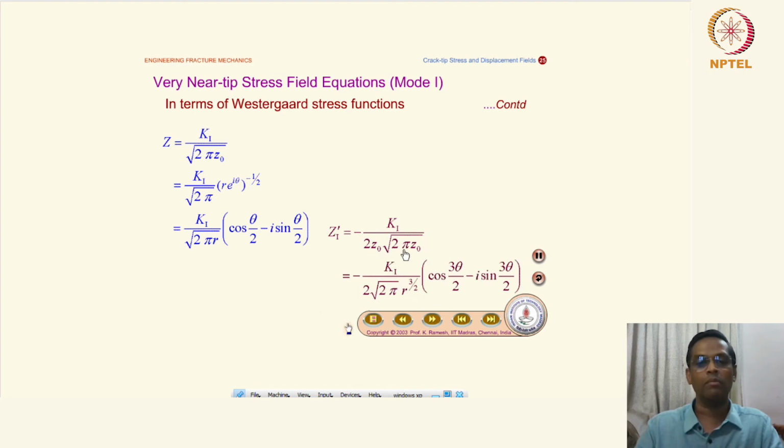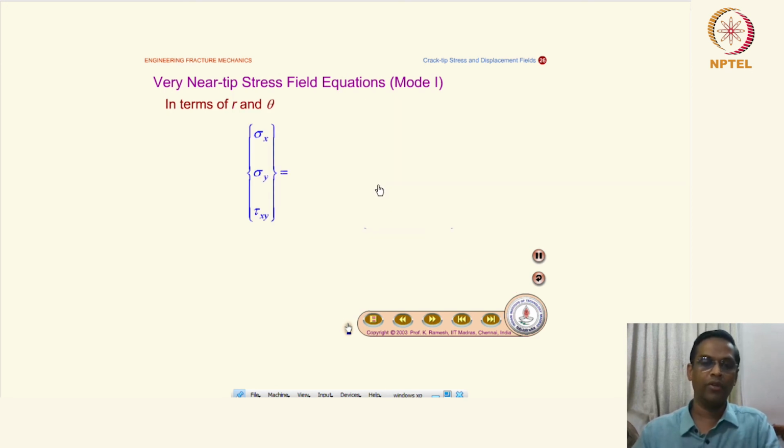So this is nothing but r to the power 3 by 2, so then this can become like this. Then the cos theta, sin theta function takes this form. So you have now Z and Z1 prime, so we can substitute the Z value and the Z1 prime value into the stress field equation, and then you will get the complete form of the stress intensity factor equations. So the very near tip stress field equations in terms of r and theta are given by: